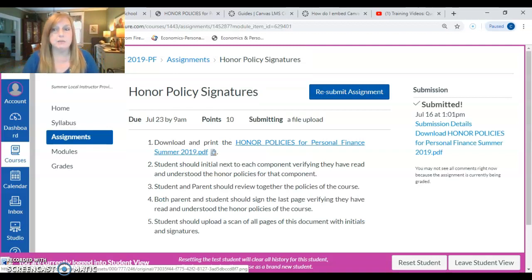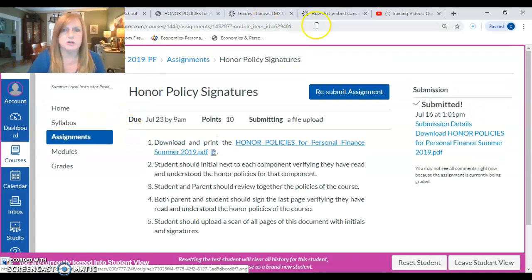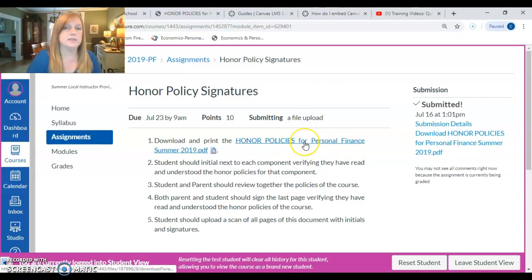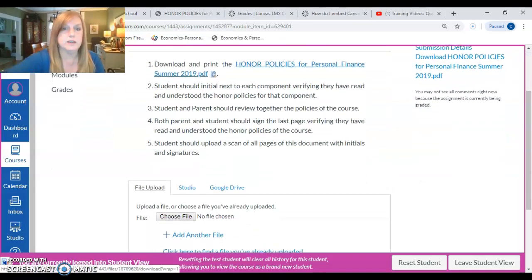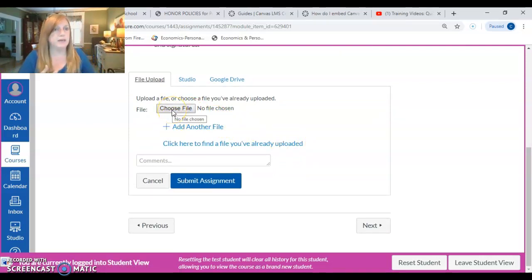At any time when you're trying to submit something, like for example, some assignments are going to ask you to submit, and I've submitted this once. I'll just show the resubmit. So here's the resubmit. Notice there's another link right here for the honor policy. So if you didn't get it in the first one, you have it again here so that you can download it. And basically what you're going to do is you're going to upload, choose a file, a PDF scan of